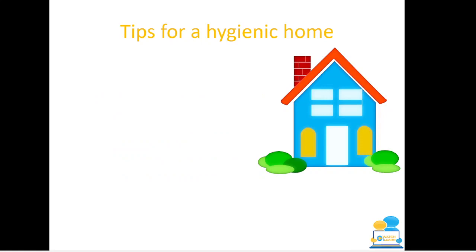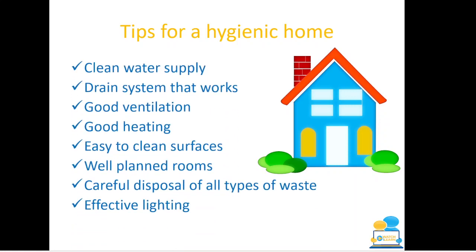Now, the next thing we're going to look at is tips or guidelines for a hygienic home, okay? So you're going to need access to clean water. In third world countries, they may not often have access to clean water, and they have to walk for kilometers to get water, which means it can be harder to clean the home, cleaning floors and stuff like that, because water to them is very scarce, and they need it for cooking and drinking. A draining system that works, if the toilet has ever clogged up, how that's affected the house.